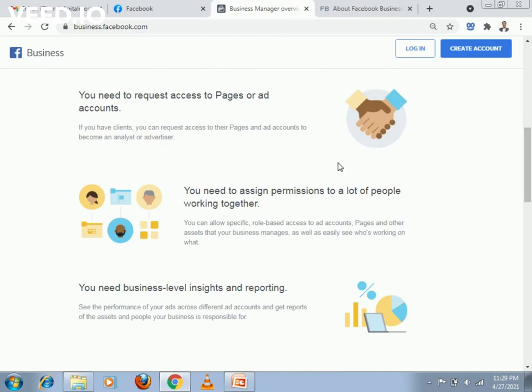This Facebook Business would help you get access to pages or ad accounts from your client. If you have clients, you can request access to their pages and accounts to become an analyst or advertiser. So this is my objective. Why I wanted to